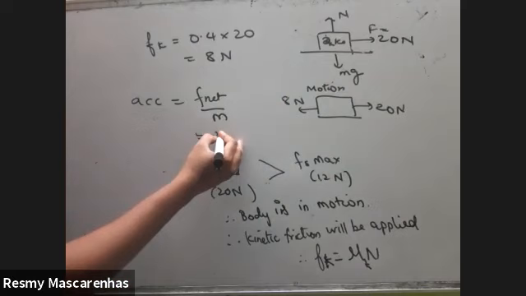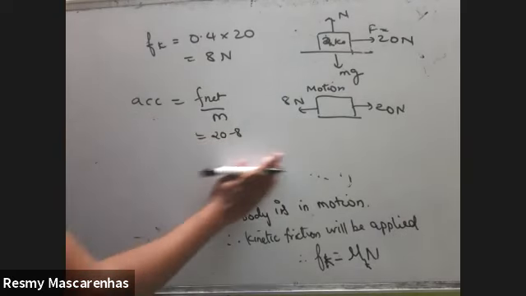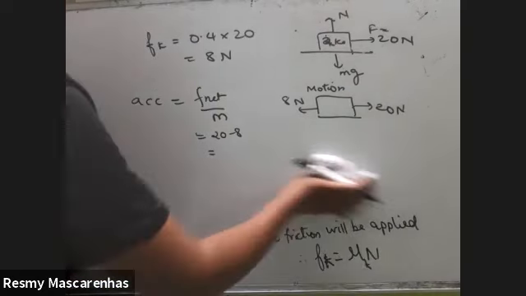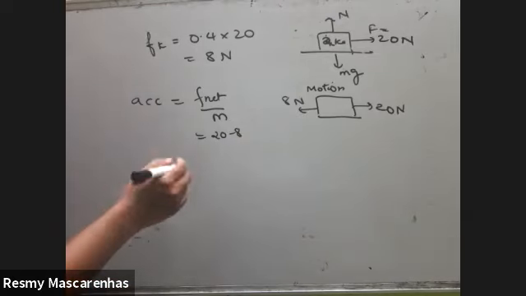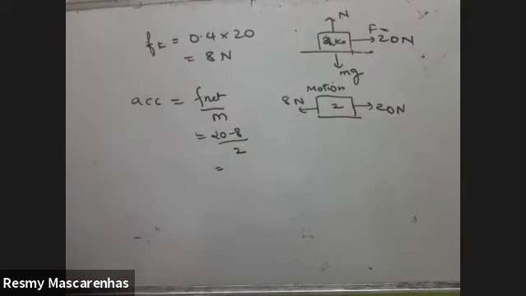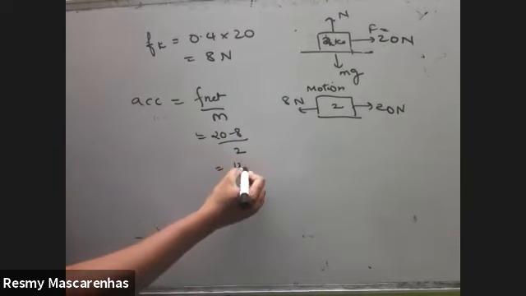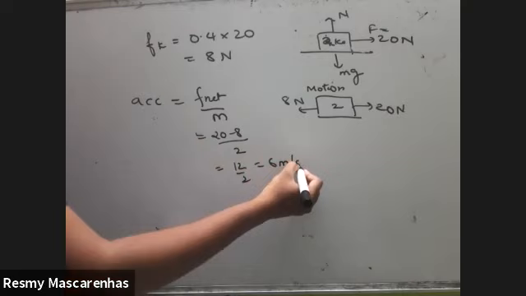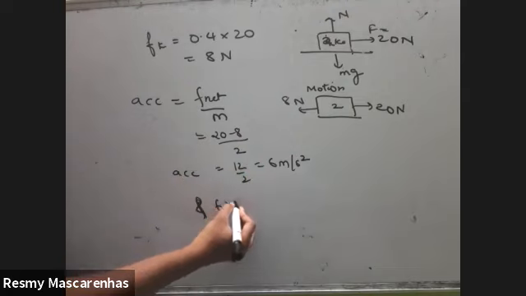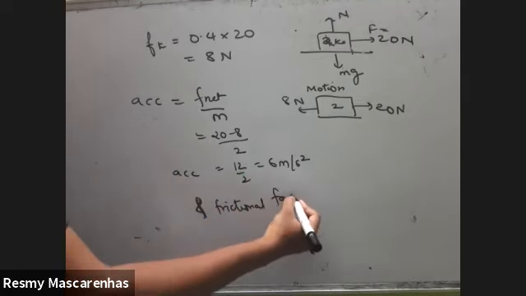So F net will be 20 minus 8, upon the mass. Okay, so acceleration is this, and frictional force Fk is